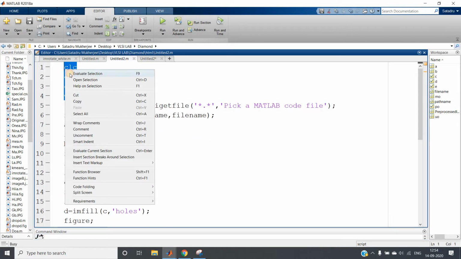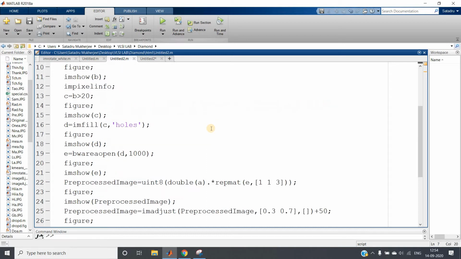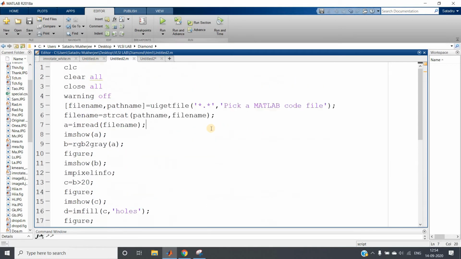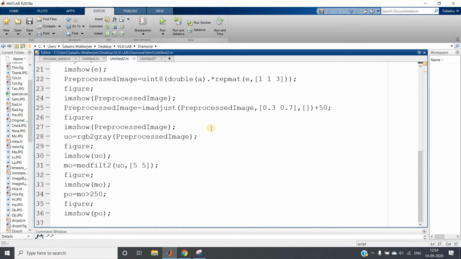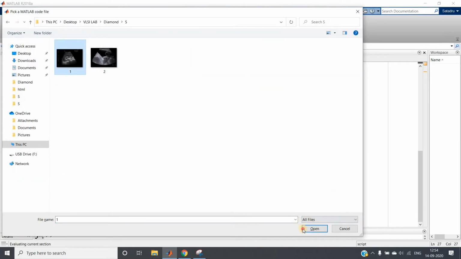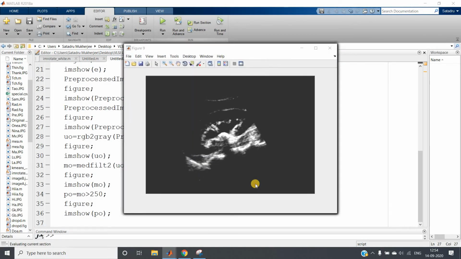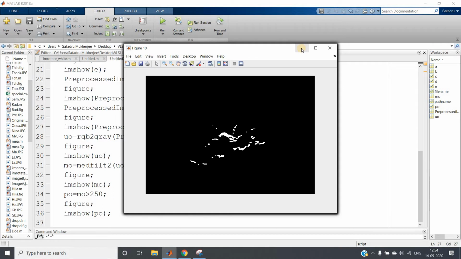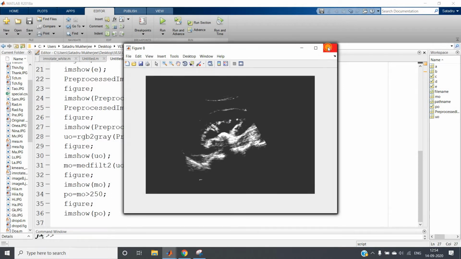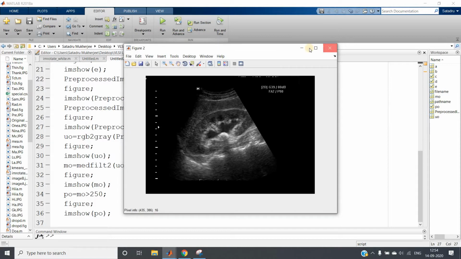In this particular video, I am going to complete the project of kidney stone detection using digital image processing. Till now we have written this much code. Let me run it and show you what output we were getting in our previous video. The previous two video links I'll provide in the description box or in the comment section. If you want, you can check them, because those will be required for implementing this complete project.